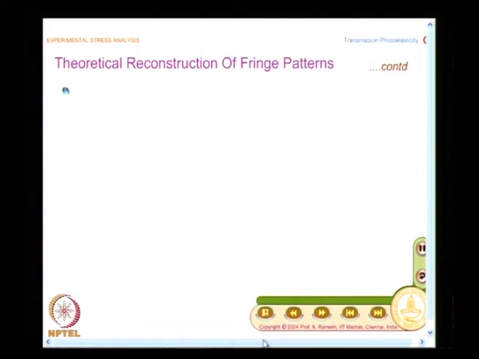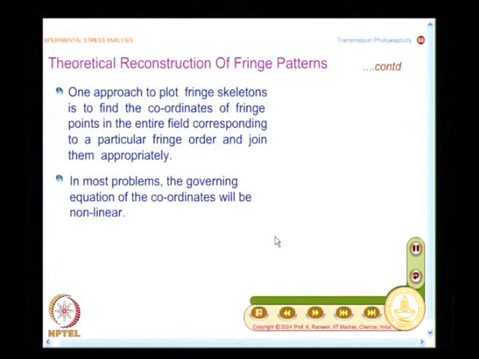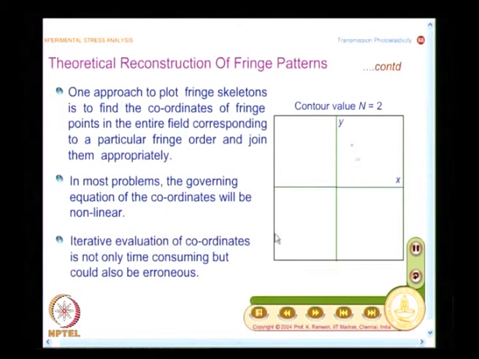And let us look at what is the difficulty there. I would get for a fringe order 2 some points like this in my domain, and I will essentially join them by a line. So, when I do it like this, I will have to worry about how to bring in fringe thickness variation, how to do the calculation, all that you have to think of. In fact, nowadays fringe plotting is so simple, people have developed and established programs, also published, and it is not a big deal. In early days, several research papers were written on how to plot fringe skeletons. It is not so simple.